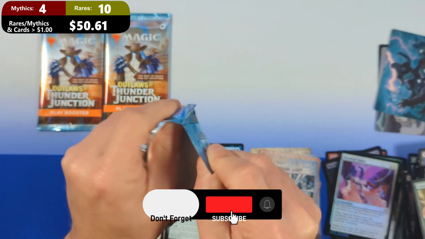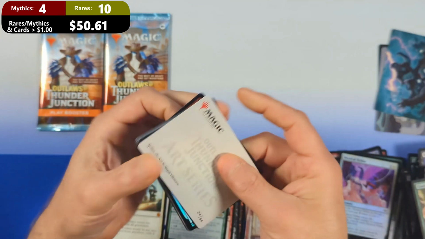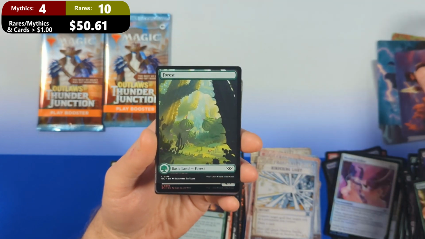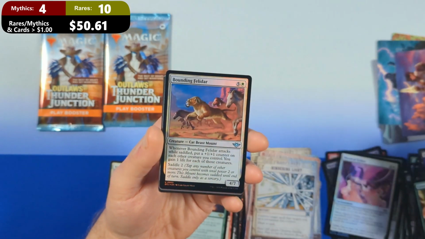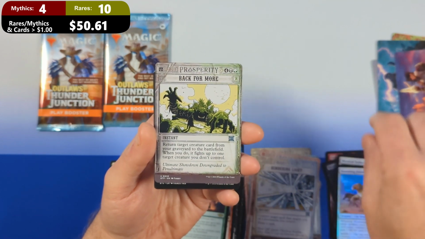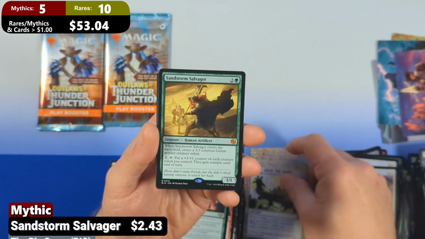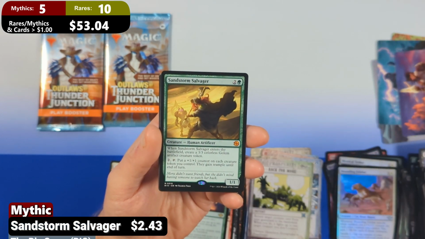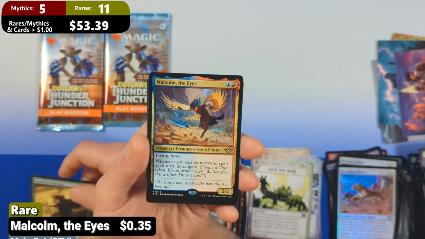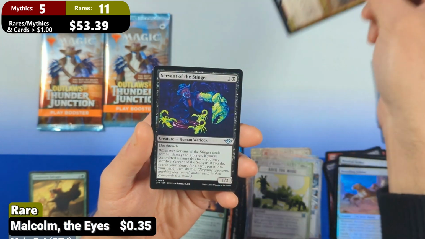Wow, another art card. Non-signed. We're going to see ourselves a Forest, followed by a Bounding Felidar. Then we're going to see Back for More coming in from the Breaking News, with a Sandstorm Salvager coming in from the Big Score. And then we're going to see Malcolm the Eyes from the main set as our rare,